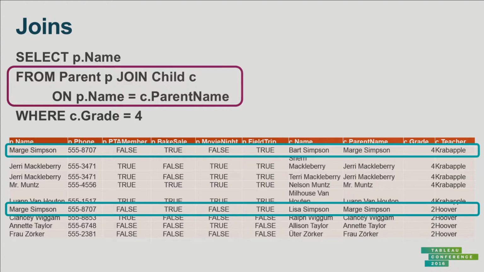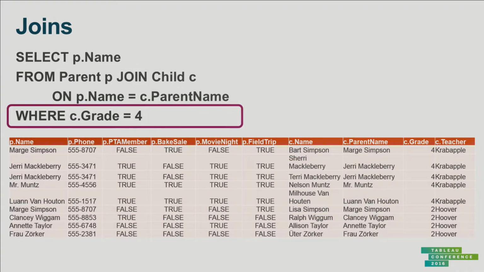Right? There's all of Marge's information, and there's all of Bart's information. And then there's all of Marge's information again. And then all of Lisa's information. Now, keep in mind, this table that I'm showing you will never actually exist. This is just an intermediate product. So there's never any question of, hey, are Marge's entries out of sync? Because they were just created on the fly. There's no actual duplication of the system, which is good. We like that. But conceptually, this is what happens in the middle. So I do that for all of the matches, and I get this table.